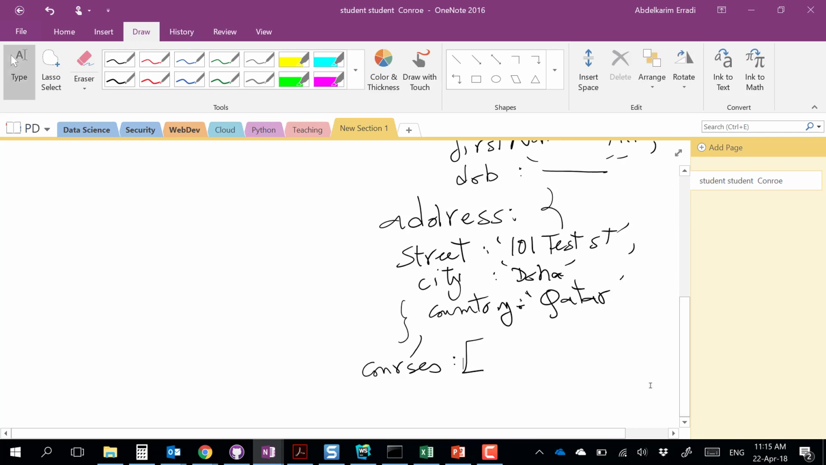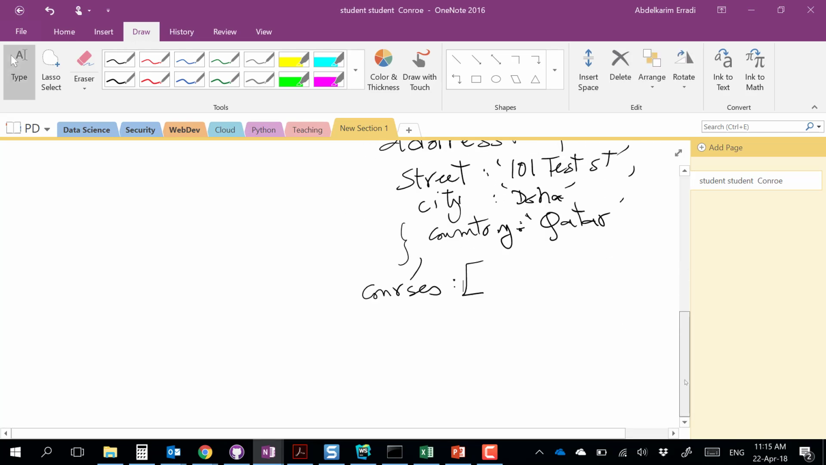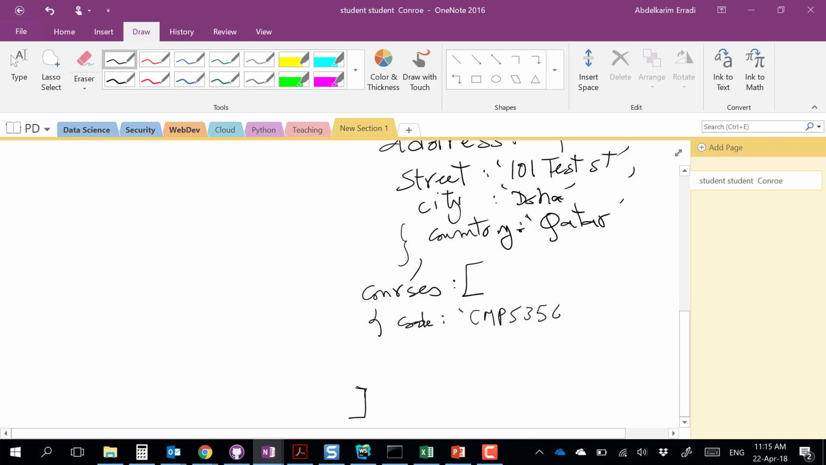I can open my square bracket and start defining the courses. So each element of the array itself could be an object. Something like this, as a small example. So I have here the course code, which could be something like CMPS 356. The course name, enterprise application development. I could have, let's say, the grade